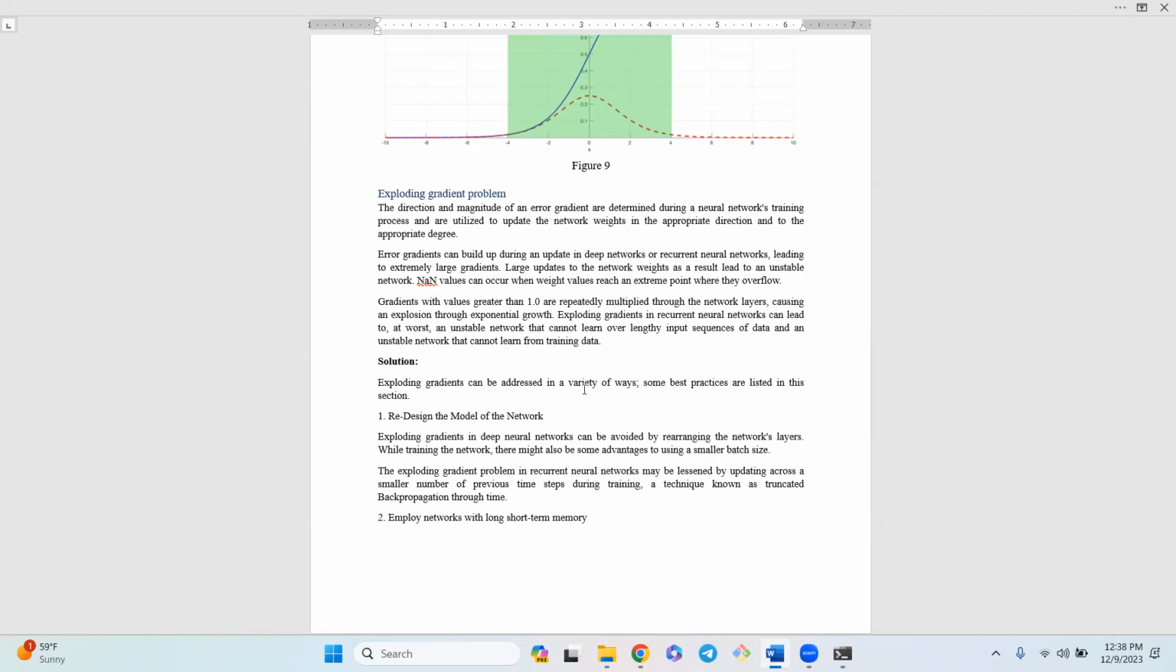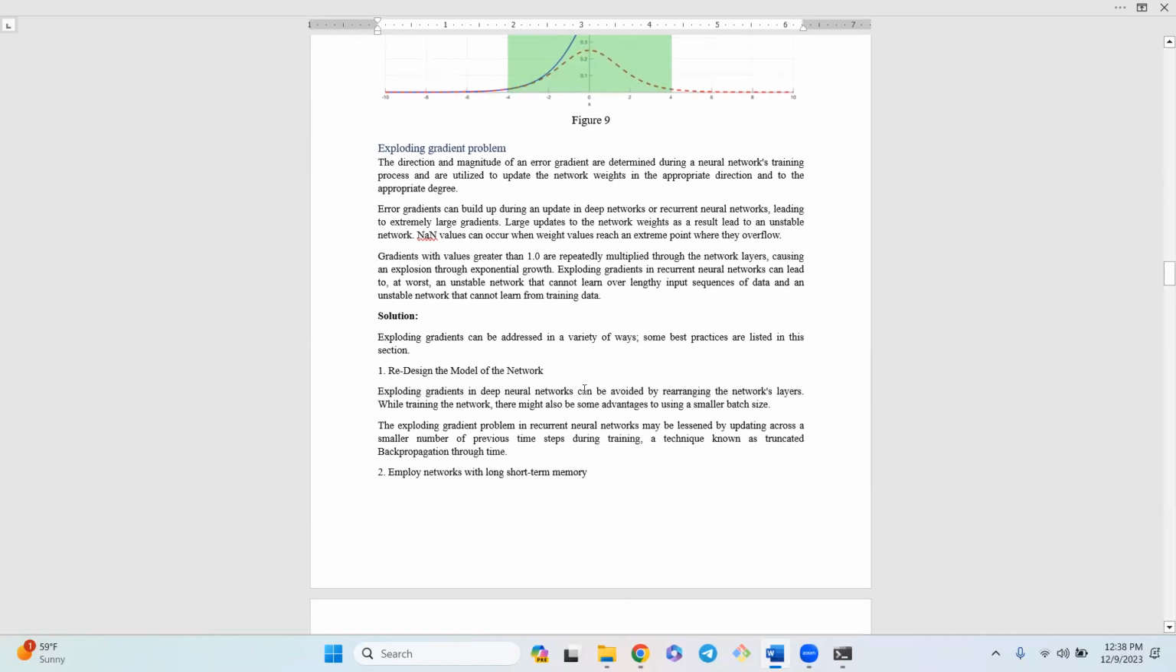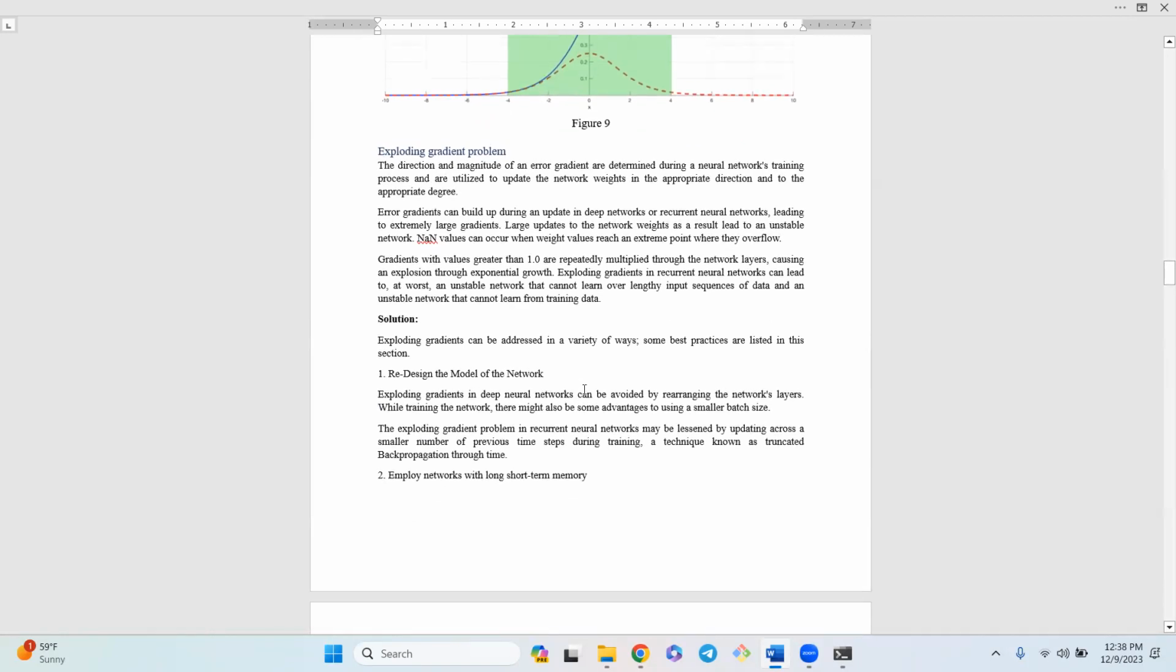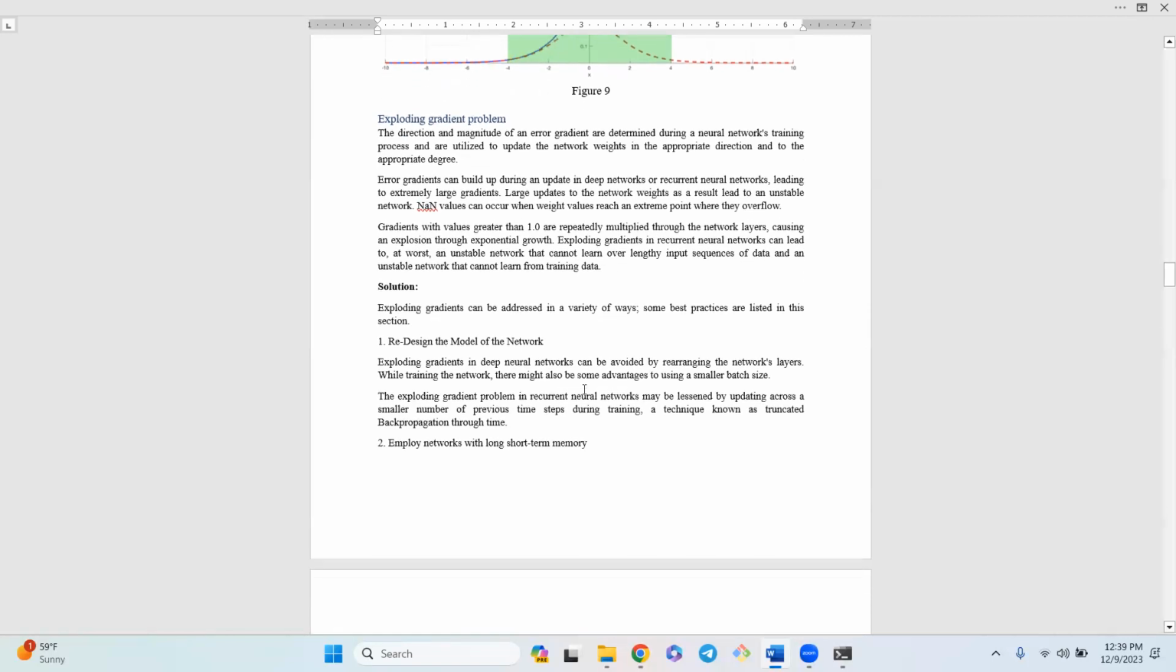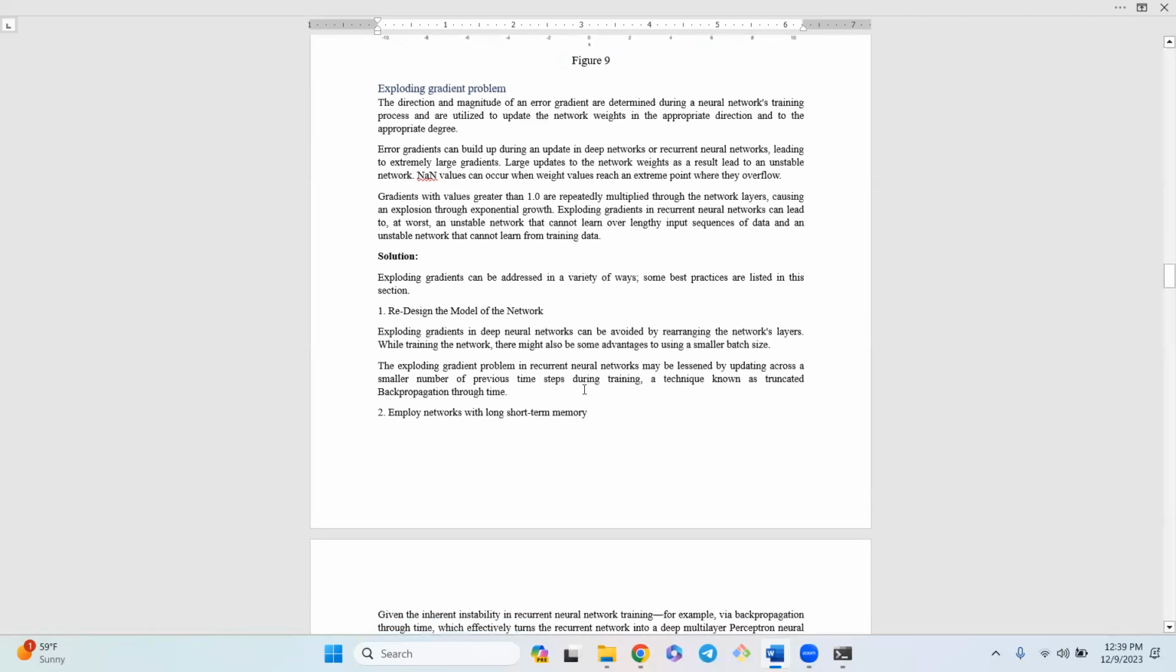So we can see that NaN values will occur in the weights at extreme points wherever they overflow. For that, gradient values sometimes become greater than one, and they are multiplied through the network layers, causing the explosion through exponential growth. And the solution for this issue,